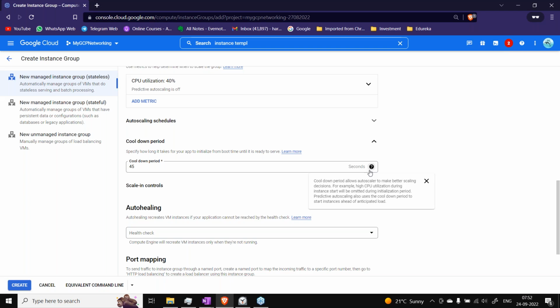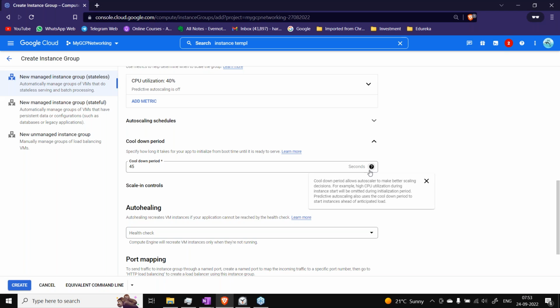So basically, what happens is, let's say you have a web application, and you are deploying something on your VM. Whenever a new VM is getting created, something has to be copied, which will be done by the instance group, right? Because in the instance template you have written that shell script or whatever, so all these things need to be done on that particular VM. Until all that setup is done, you cannot use that VM for processing, right? It cannot process unless and until it has a web application installed. So that web application and everything needs to be installed, and whatever time it takes for that,